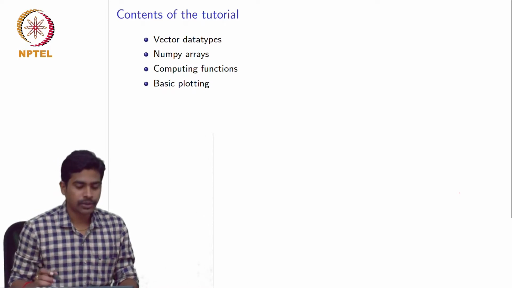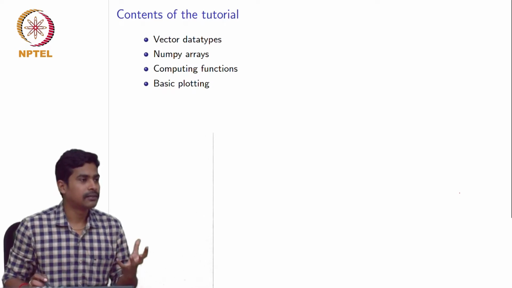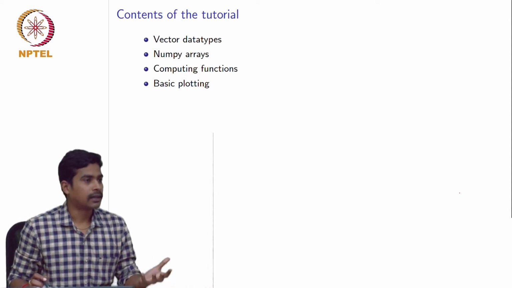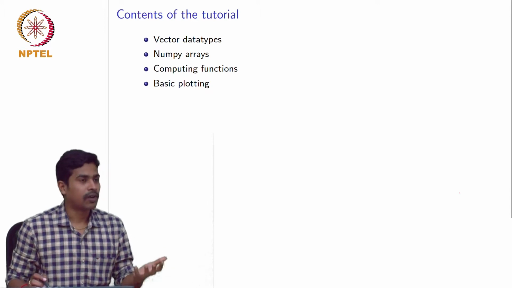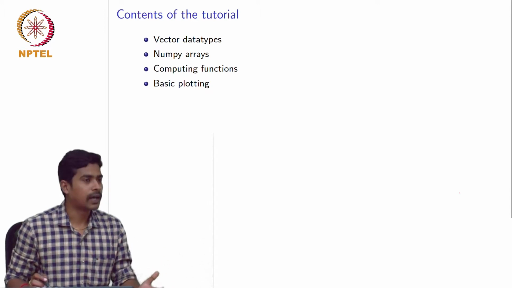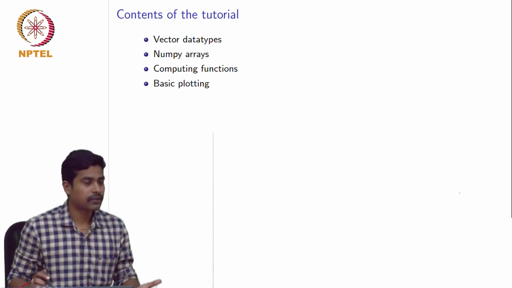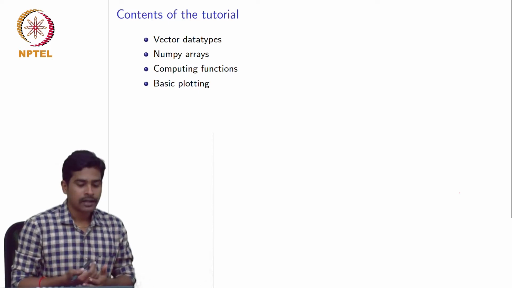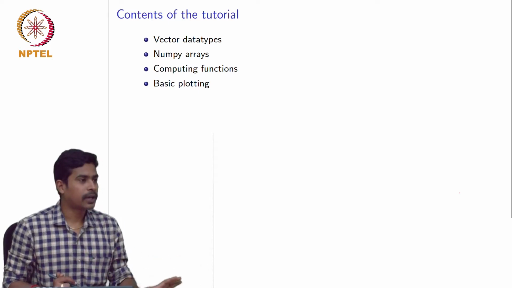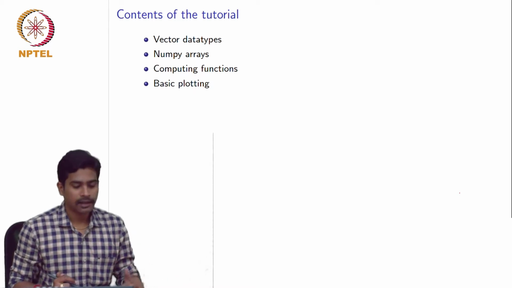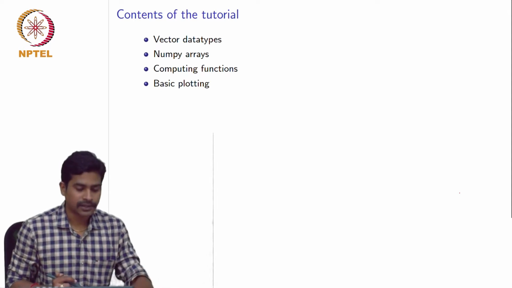So in the last tutorial we have seen the basic building blocks for any programming language to write a simple program, and they are the variables, different types of operations on the integers, boolean values and float values, and then we have seen conditional operations like greater than, less than, comparison operations, and finally we have seen iteration operations for doing the same computation over and over again. So those are the things that are required to write any simple program. So now let's go into some more detail or in-depth options in Python.